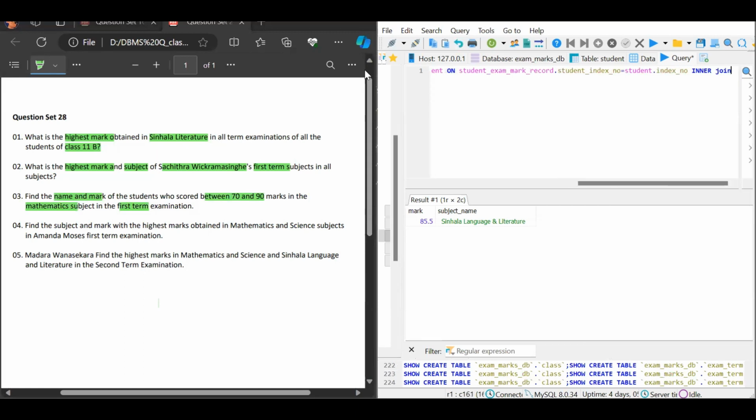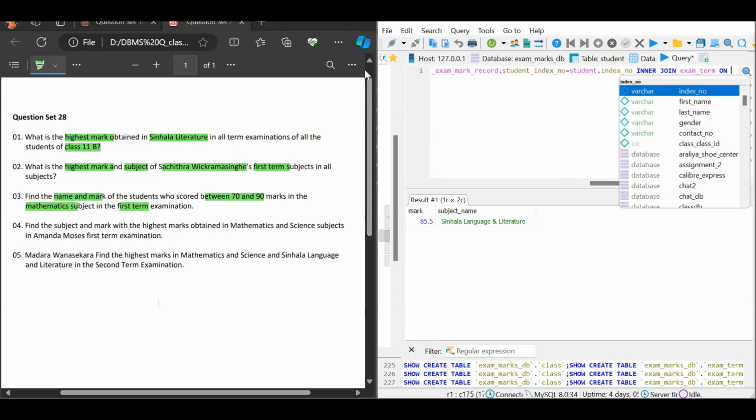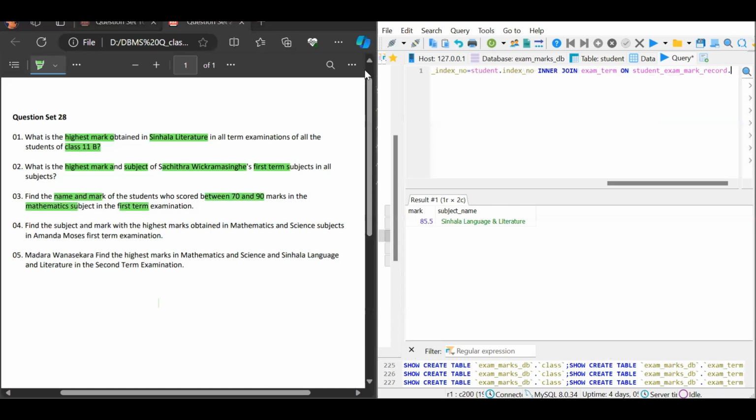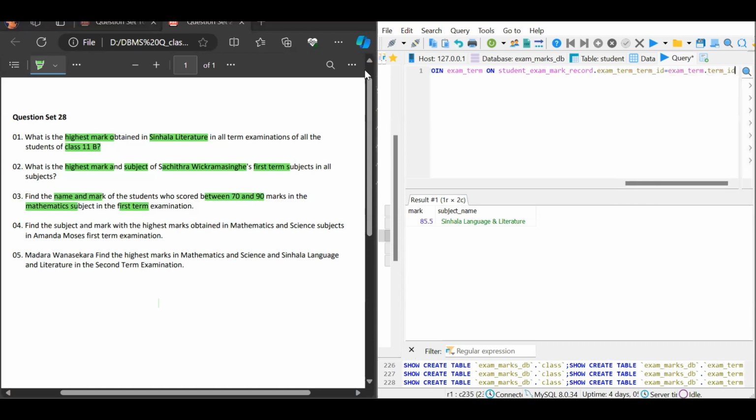use the inner join here again, and let's join the exam term table. We can use the on keyword and student exam mark record table dot exam term id equals to exam term table dot the term id, and then we can inner join the subject table. We can use the on keyword and student exam mark record table dot subject id equals to subject table dot the subject id, and then at last we can use the where clause here, and then inside the